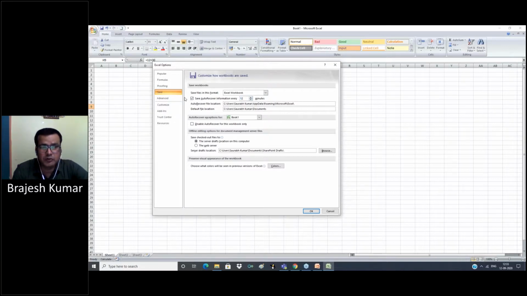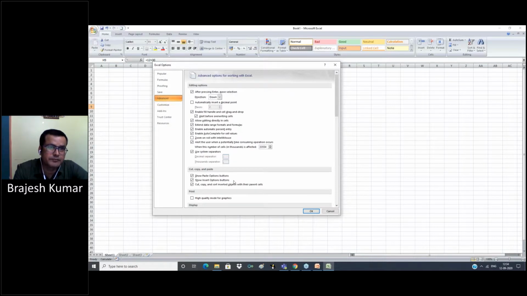Sometimes we work on a heavy file and by mistake, without saving, Excel can hang or close. So this option is mainly used for that, so that every 10, 12 or 20 minutes, it automatically saves the information you have entered in your Excel sheet. This option is for the path where it saves.